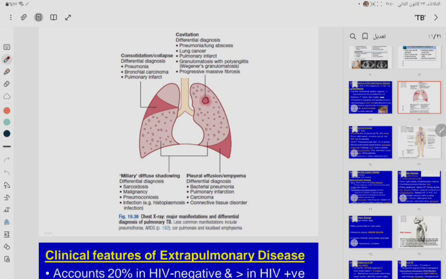Miliary, diffuse shadowing: sarcoidosis, malignancy. So any patient who comes to you and you think might have sarcoidosis, lymphadenopathy, you should rule out number 1, TB, because TB mimics sarcoid. And